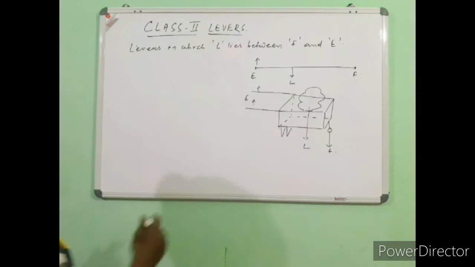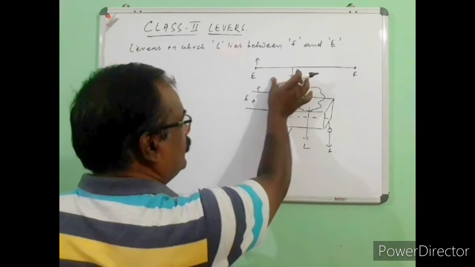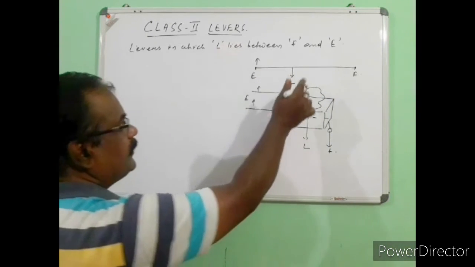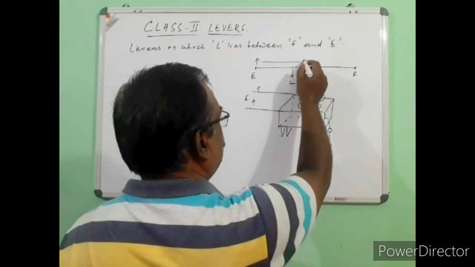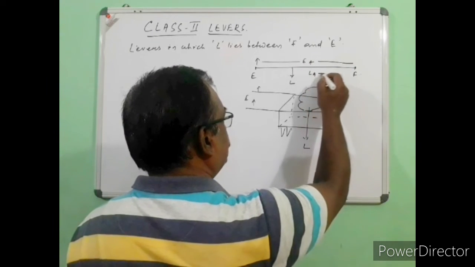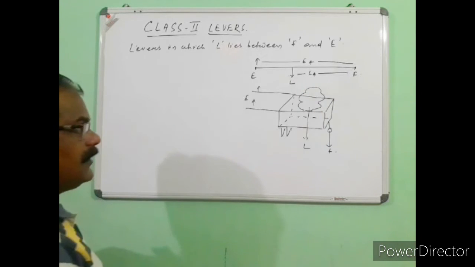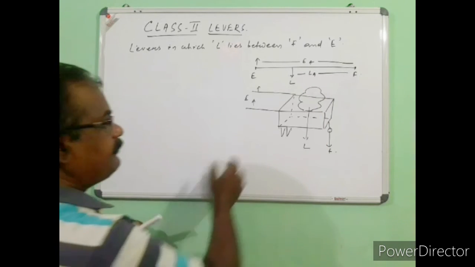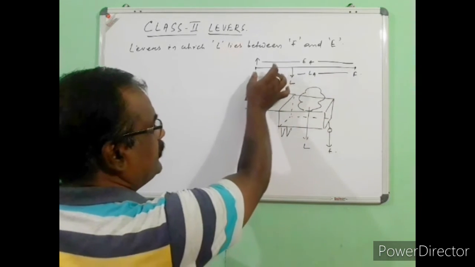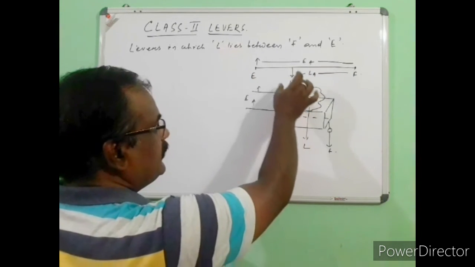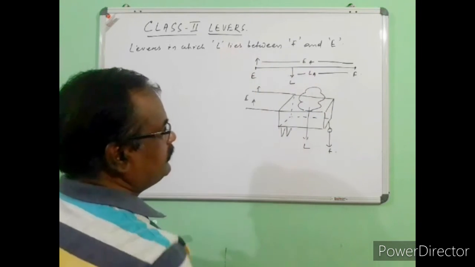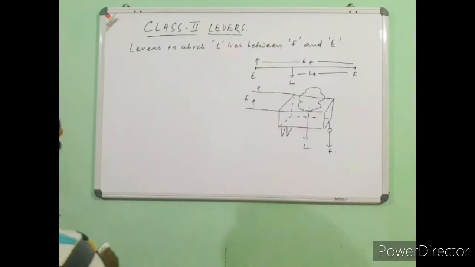Now in this case, we may replace this load somewhere else near to that fulcrum or near to that effort, but however every time we will find effort arm is quite bigger than that of the load arm. Remember that if we displace this load towards the fulcrum, then also we find effort arm is bigger than that of load arm. If the load point is taken towards the effort, then in such cases also we will find effort arm is bigger than that of the load arm.